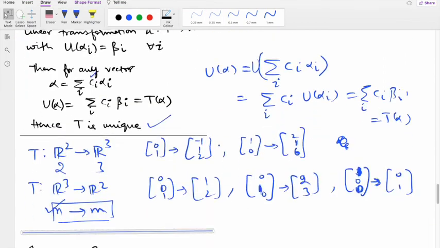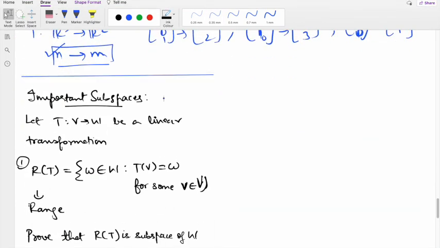Now we'll look at one important idea, called subspaces of the vector spaces, and then we'll move to a very important idea called the rank-nullity theorem. So let's say I have this T, which is a linear transformation from V to W. V and W are vector spaces over the same field F. Now I define a set R of T, which is called the range, and it is defined in such a way that any vector